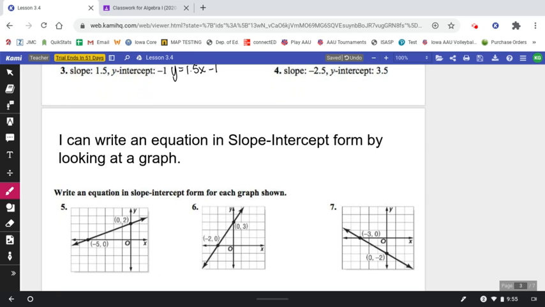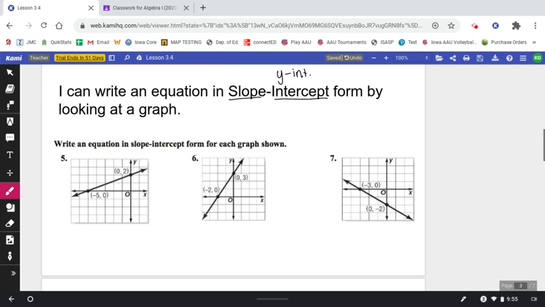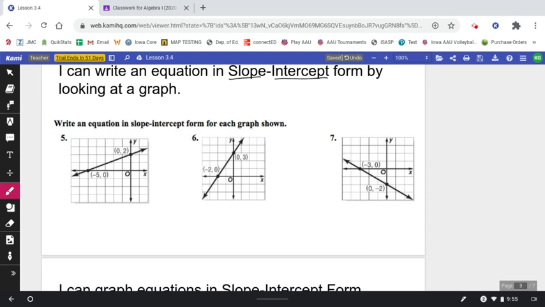I can write an equation in slope-intercept form by looking at a graph. So the two things I'm going to need are to find the slope and identify the intercept. And again, we're talking about the y-intercept. So if I look at this one, I have the 2 points, -5, 0, and 0, 2, and I need to find the slope. So based on our last lesson, chapter 3, I would do y2, which is 0, minus